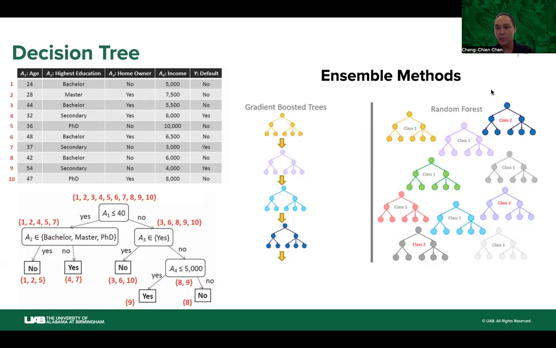For example, in random forests, you basically consider a lot of decision trees and then you average the results, so that will help reduce the overfitting problem. Another way is to consider so-called gradient boosted trees, where you build one tree at a time, and for each tree you improve the weak points from the previous tree sequentially. In fact, this gradient boosted tree is very powerful, and it's often the championship model for winning several Kaggle data science competitions.